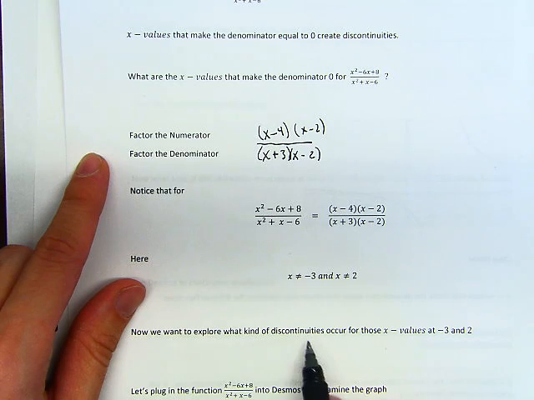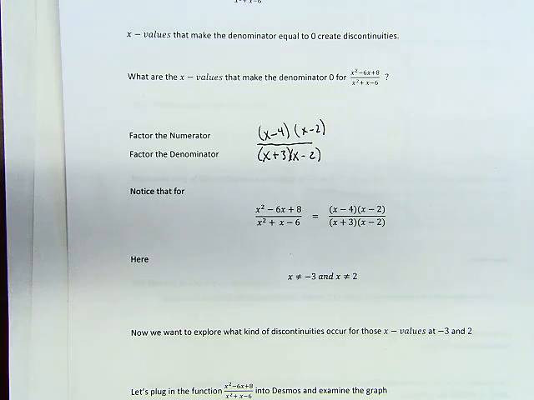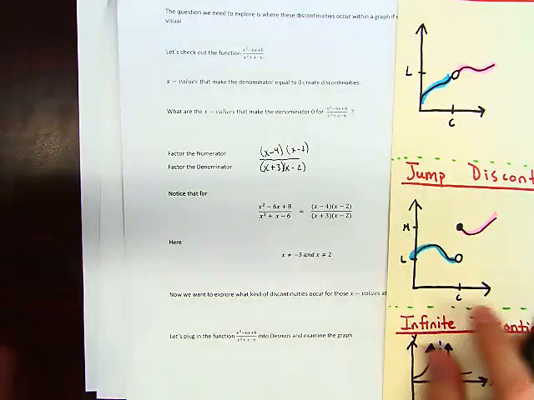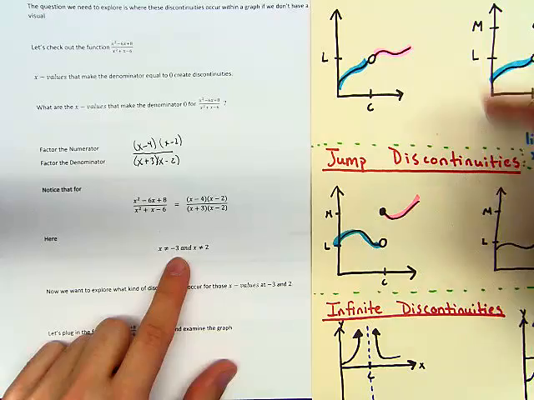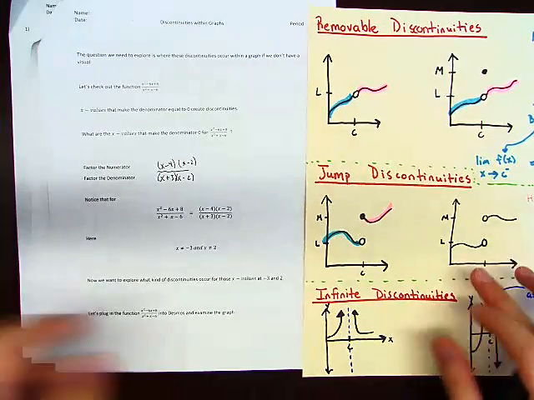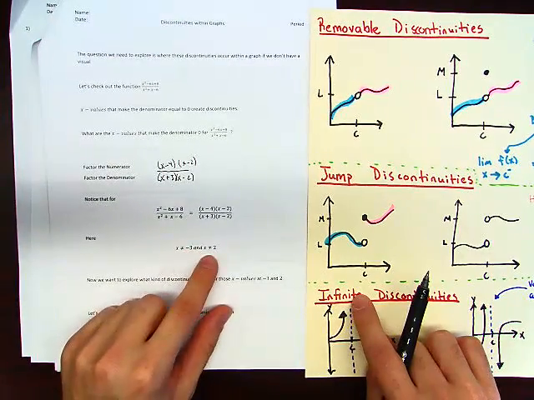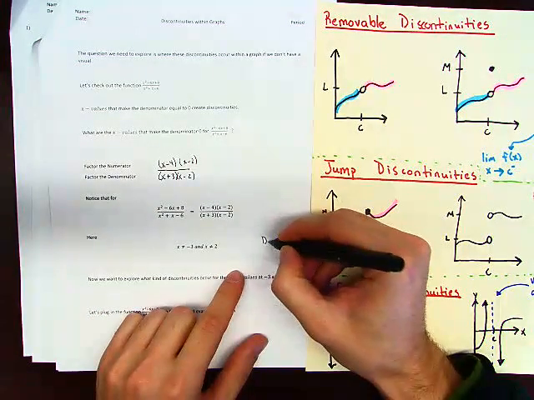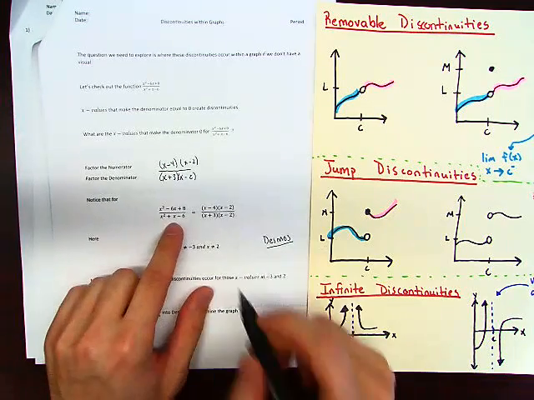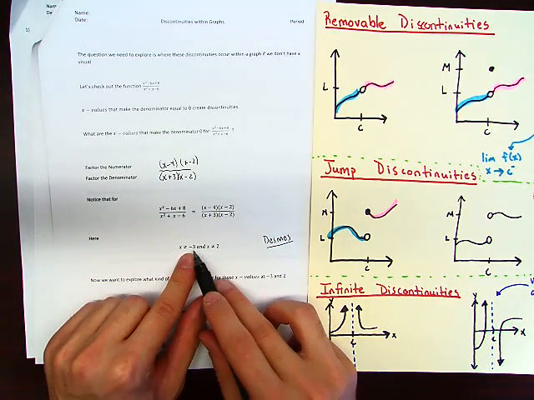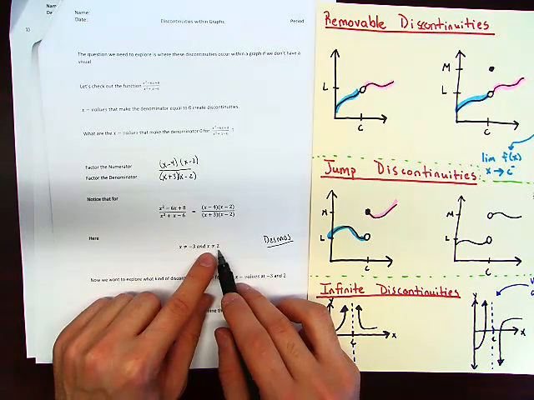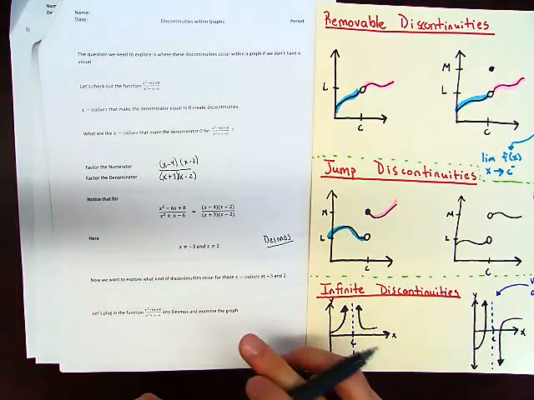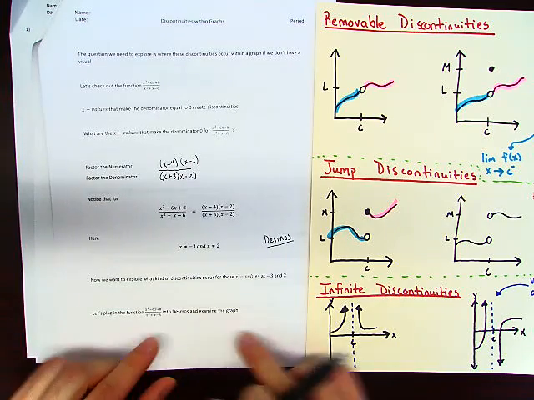But let's see what kind of discontinuities occur at those x values. When we talk about the types of discontinuities, at x equals -3, if we were to graph it, which discontinuity will occur? Will it be a removable, a jump, an infinite? What about at x equals 2? Okay, what I want you to do is go to Desmos right now and graph this and see what happens at the x value of -3 and the x value of 2. What kind of discontinuities do you get, right? So let's plug it into Desmos and graph it, and then when we look at the graph, it should look something like